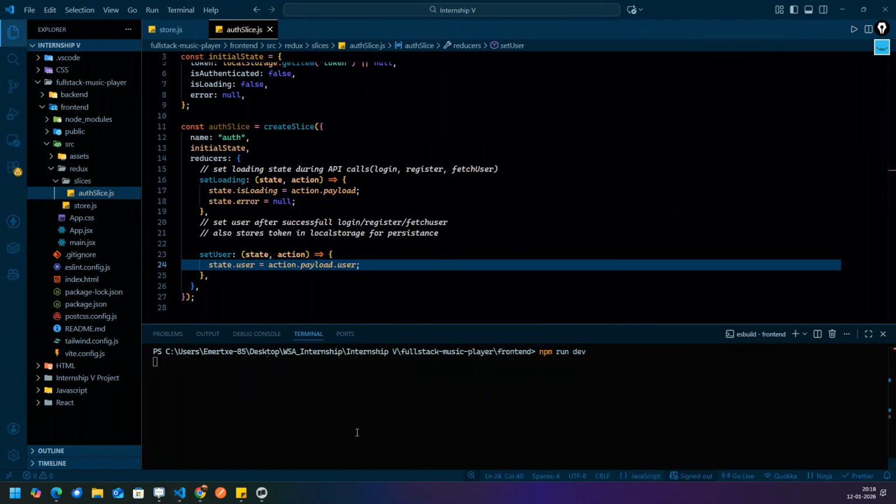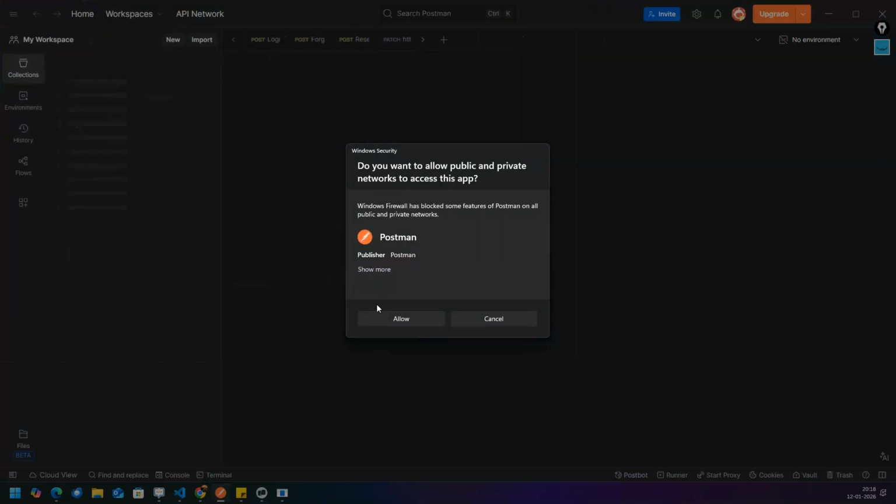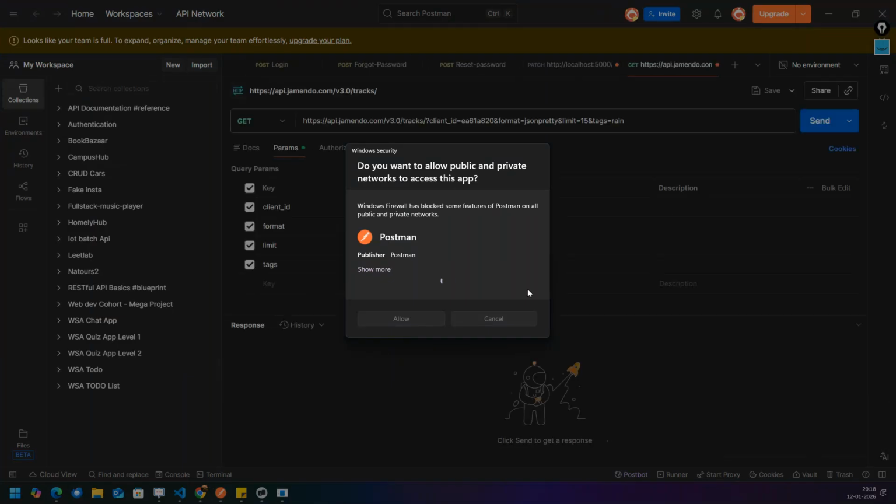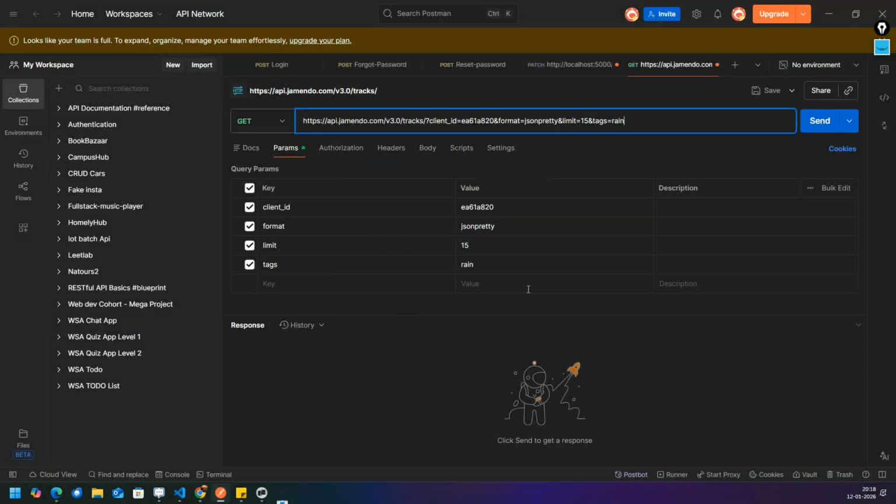Let's go to Postman. Let's take the example over here. This will make you more clear. Let's go to login.